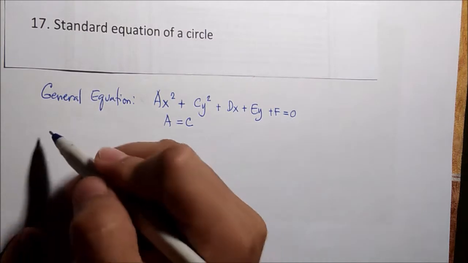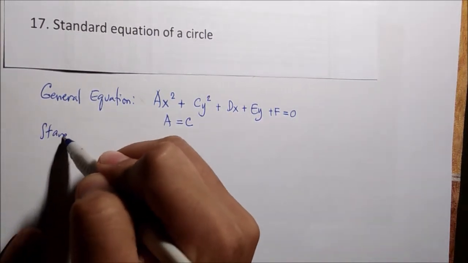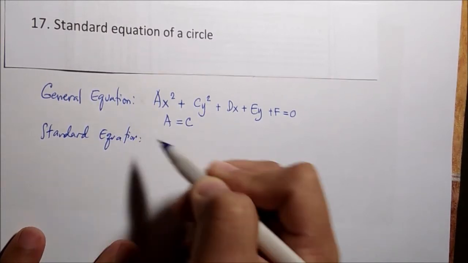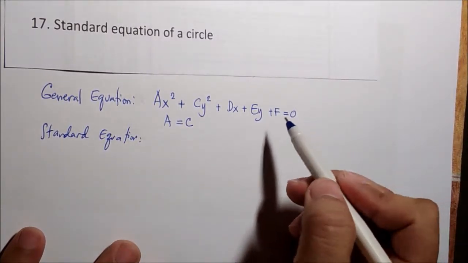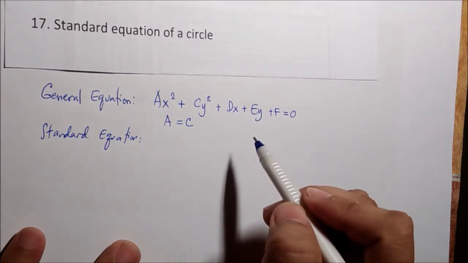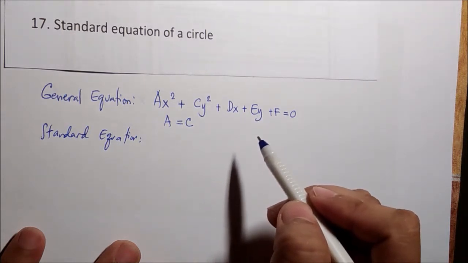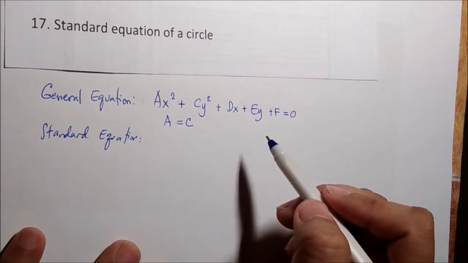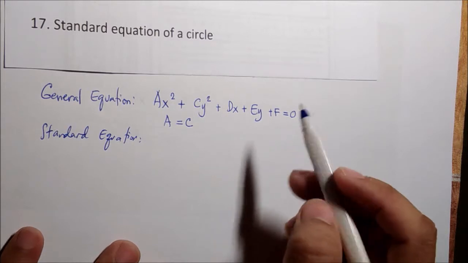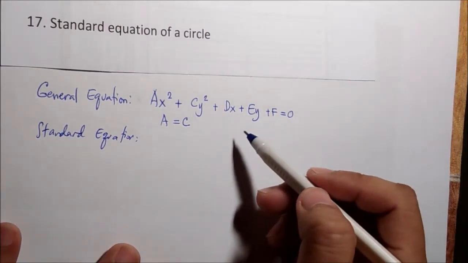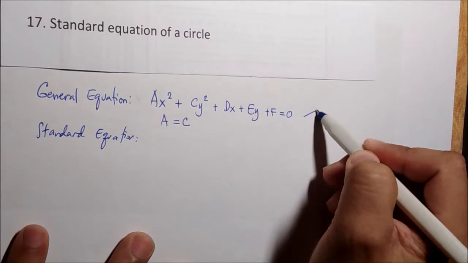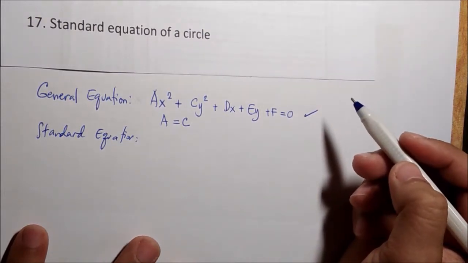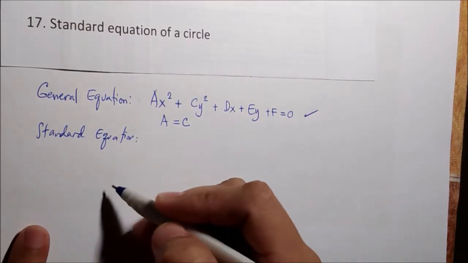Okay, the standard equation. We can convert this general into standard. Why? Because from the standard we can see the value of the center, the coordinate of the center, and we can also see the radius. But from the general form we can only find them by using a formula. But before that, the standard equation is